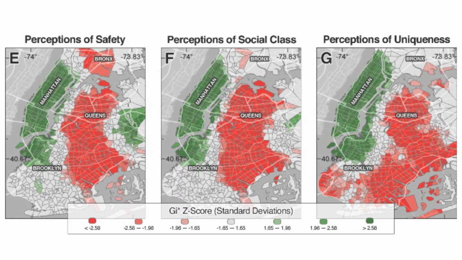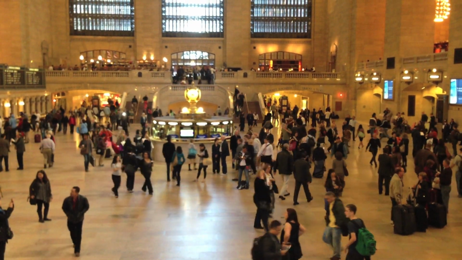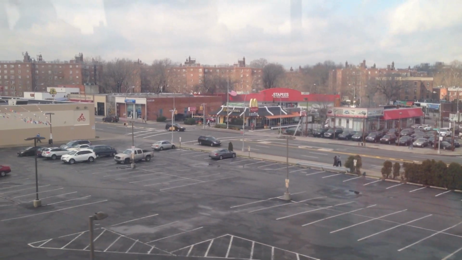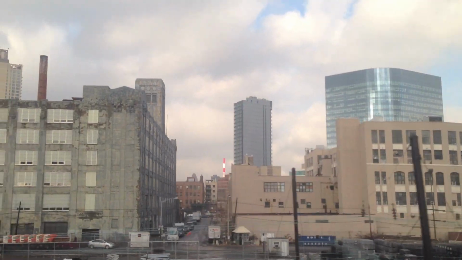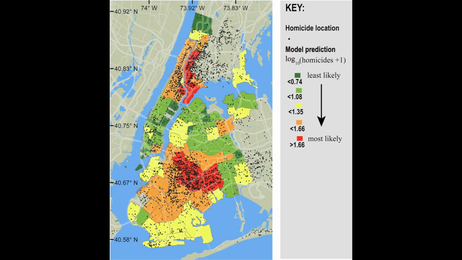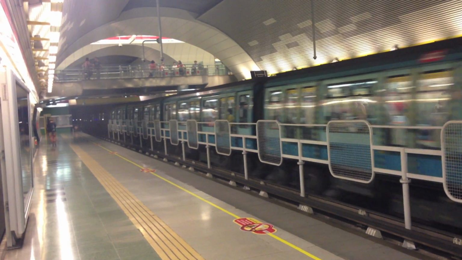Finally, we compared our evaluative maps with data on the location of homicides. Here we used data for each New York City zip code and considered also information on the average income, population, area, and age of each zip code. After the effects of these variables was considered, the correlation between urban perception and the location of homicides remained strong. Certainly, this does not represent causal evidence in any direction, but shows that data on urban perception might capture relevant information that is not expressed in traditional socioeconomic indicators.